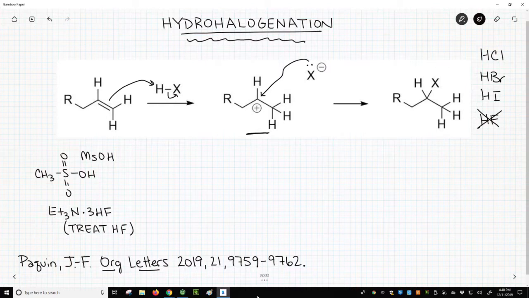The utility of this reagent combination is the coexistence of an acid, methanesulfonic acid, strong enough to protonate an alkene in the presence of a fluoride source, treat HF, that is nucleophilic enough to attack the carbocation. Like the other research groups who have worked in this area, the Paquin group's method also works best in certain cases. In the cited work, the alkenes reported